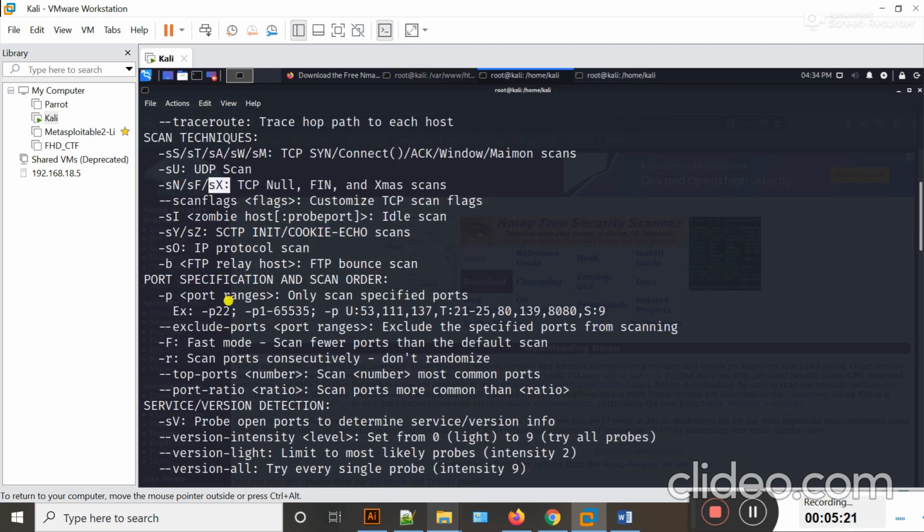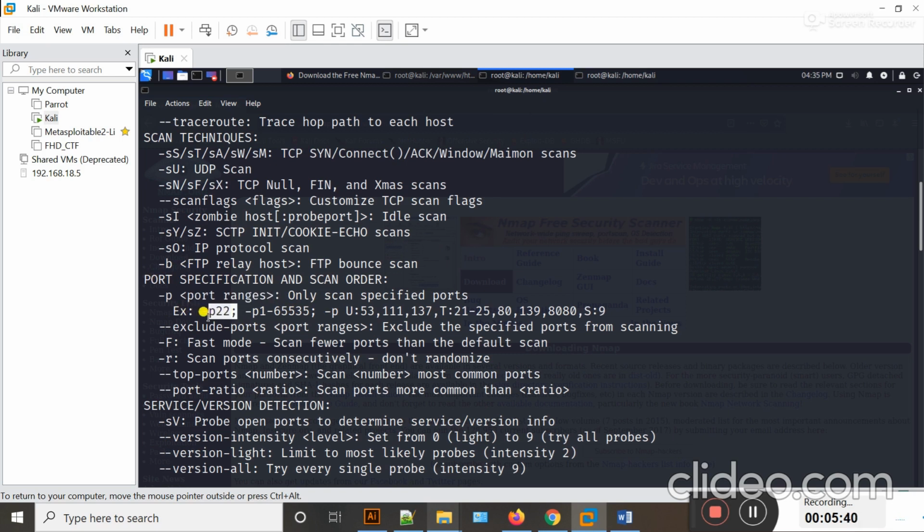Okay guys, if you want to scan ports, you can use the port switch, something like -p, and then you have to put the port range. Here you can see in the example -p and then port 22.